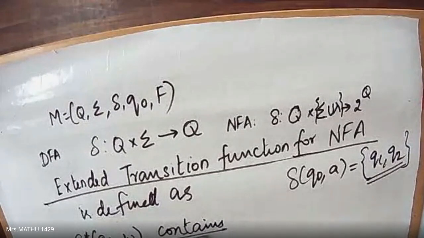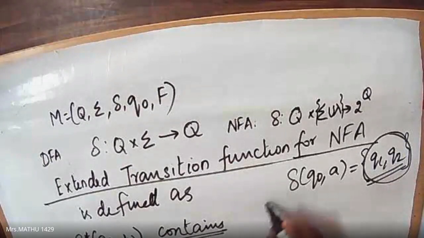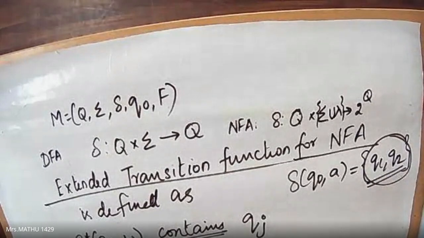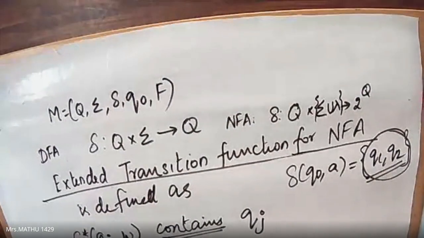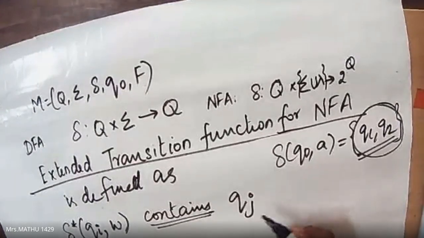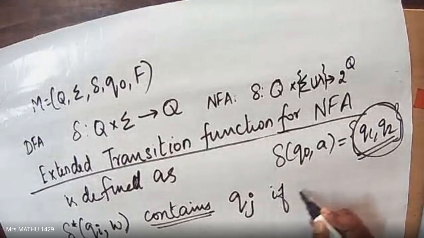Why does it contain? Because it may contain more than one output state, so any choice may be made. So it contains Qj. These are all representative words only; it may be any other state, Q0, Q1, Q2, like that. So it contains Qj if and only